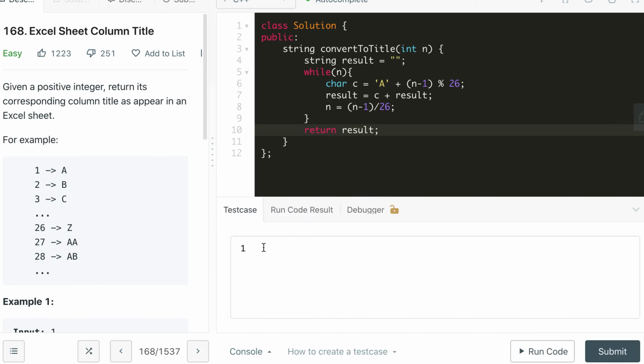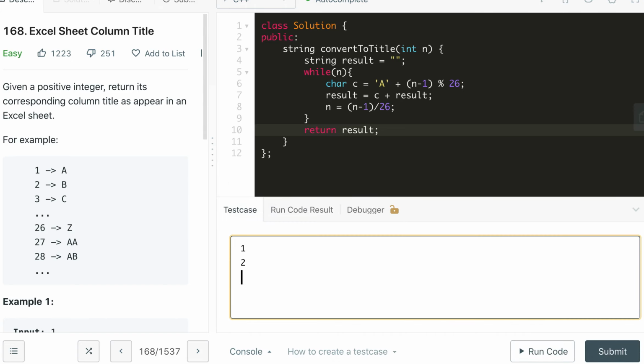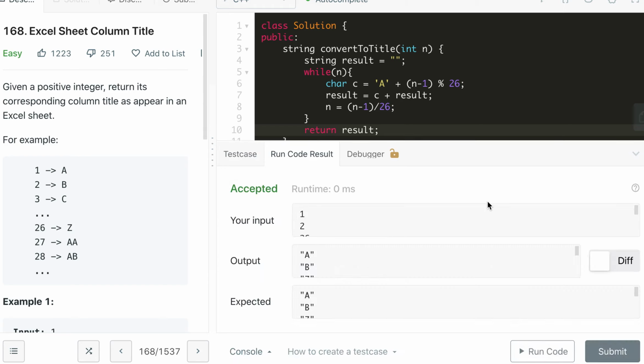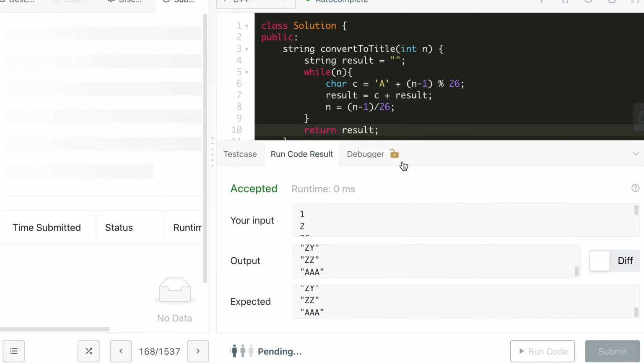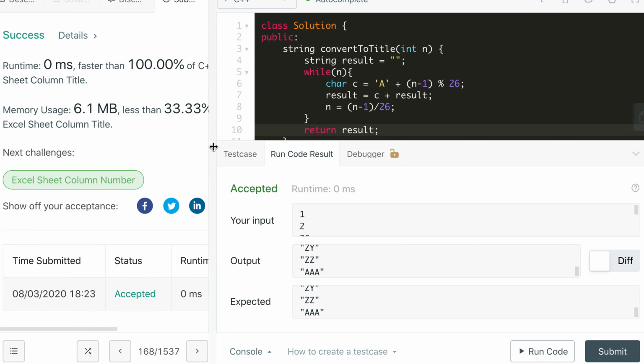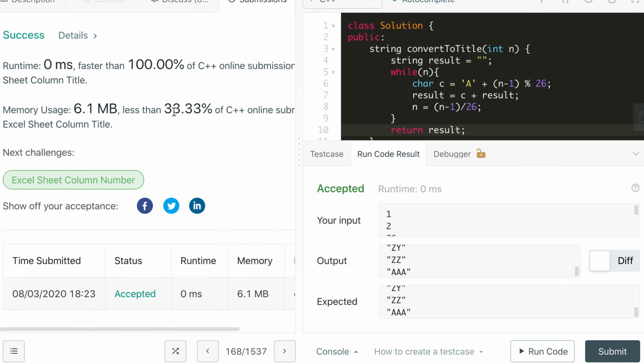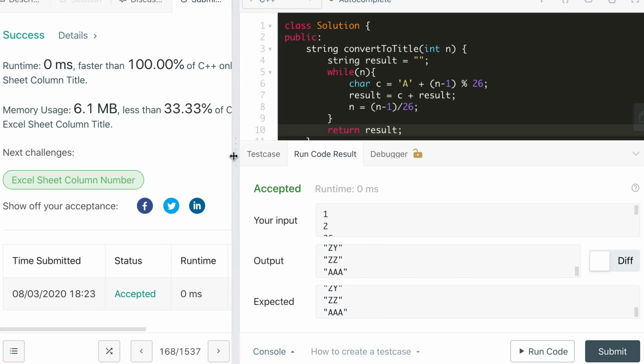And this works for this case. Let's try 2, 26, 27, 701, 702, 703. And it works for all the cases. So let's submit. And the solution is accepted, and our solution is faster than 100% of the submissions.